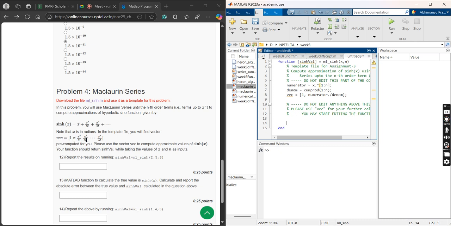So the first term, the second term, the fourth term, likewise. So if n is equal to n, then we need to take terms up to, we will start with the second term and we will go till nth term. Okay, so